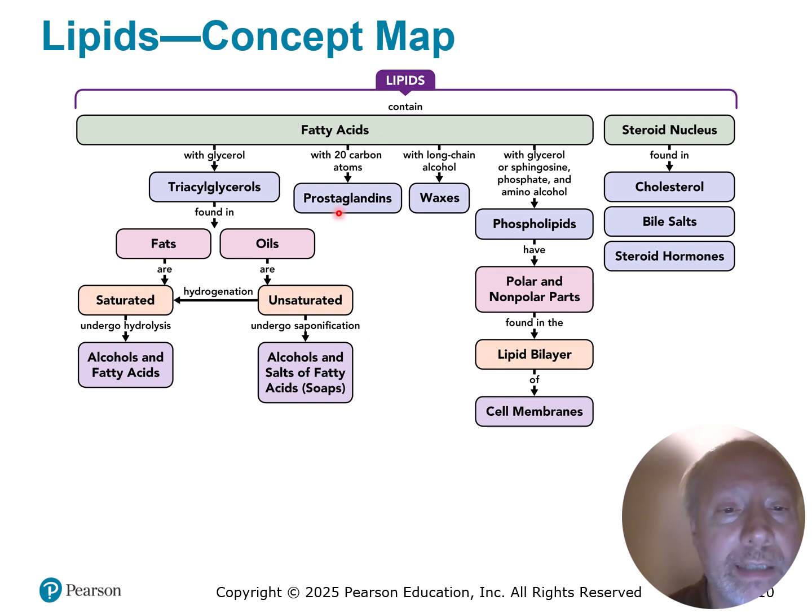We can have prostaglandins, which are very important in our body and for hormones and what have you. Waxes, long chain alcohols, they're fatty acids as well. We can get into something more sophisticated than a glycerol molecule with 3 fatty acids. We can add either a glycerol or sphingosine molecule, a phosphate, and an amino alcohol, and that generates our membranes,